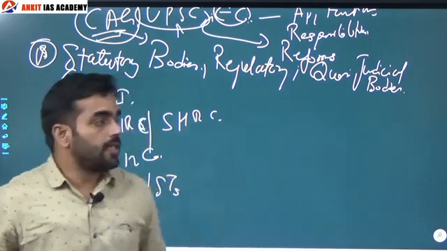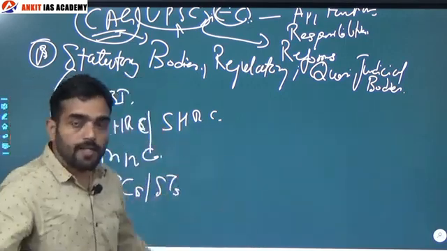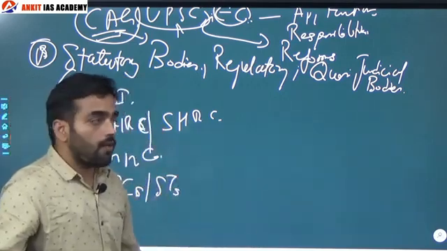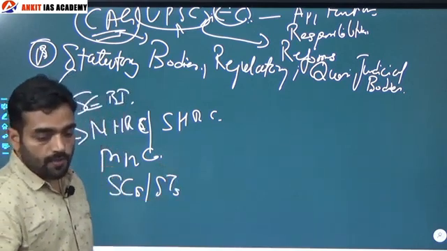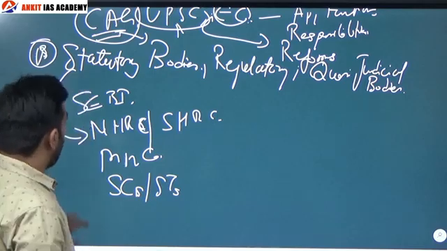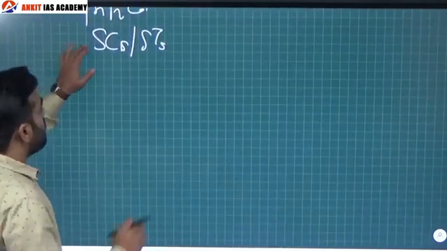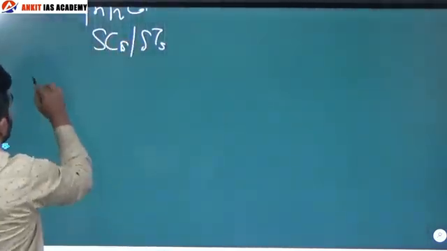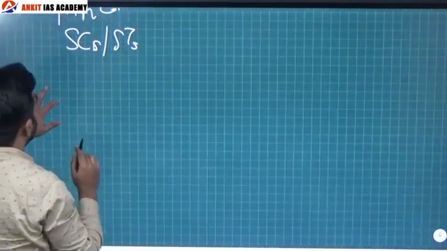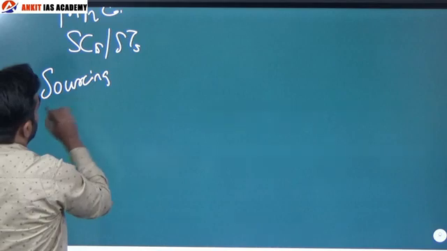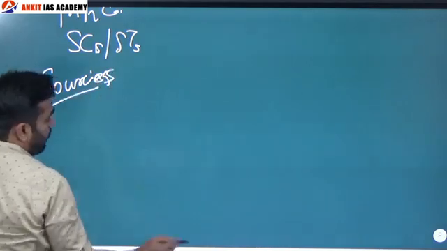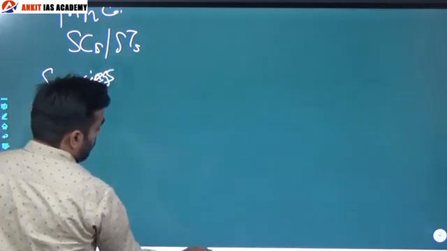And we will discuss in detail their functions and responsibilities, what reforms are needed, and what is the lacuna in these bodies. So this basically covers your polity and governance. Now we will see what the sources are. This is perhaps the most important part of discussing your syllabus. What are the sources from where we will learn